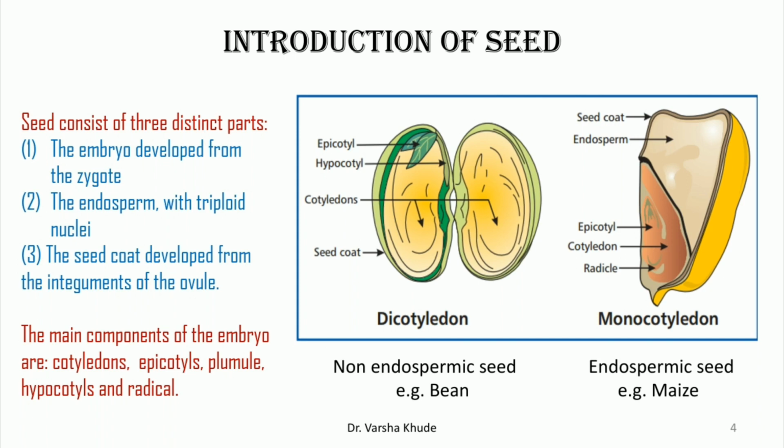Dicotyledons have the points of attachment opposite one another on the axis. The epicotyl is the embryonic axis above the point of attachment of the cotyledons. The plumule is the tip of the epicotyl and has a feathery appearance due to the presence of young leaf primordia at the apex, and will become the shoot upon germination. The hypocotyl is the embryonic axis below the point of attachment of the cotyledons, connecting the epicotyl and the radicle, and begins the stem-root transition zone. The radicle is the basal tip of the hypocotyl and grows into the primary root.